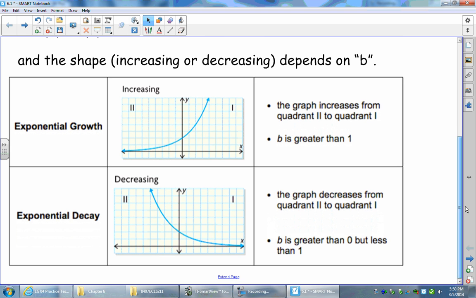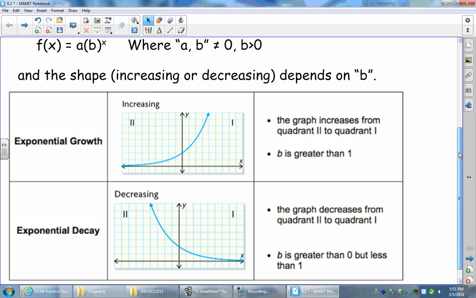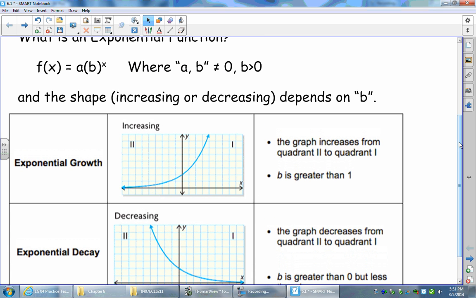So if we look at our two types of graphs that you're going to see, we have an exponential growth function, and this is a graph that's increasing from quadrant 2 to quadrant 1. And this always happens when that b value is greater than 1. So if that b is a 1.5 or 2 or 7 or 100, you're going to get this similar exponential